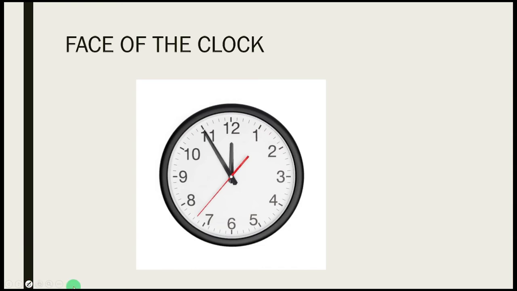You can choose the color. For example, I want to choose blue, and with the help of your mouse you can just drag. So you can use your mouse for your additional explanation. If you want to write something, now the time is 11:55, so you can write 11:55. You have to write a little slowly.